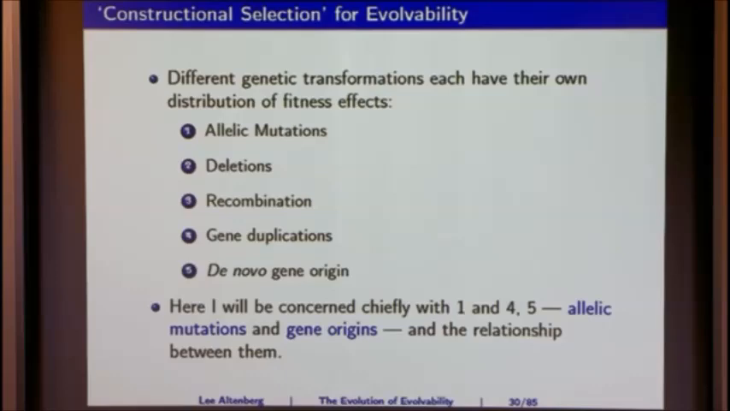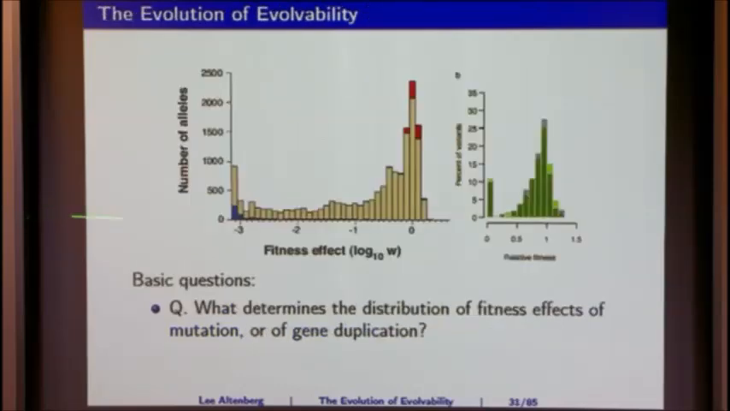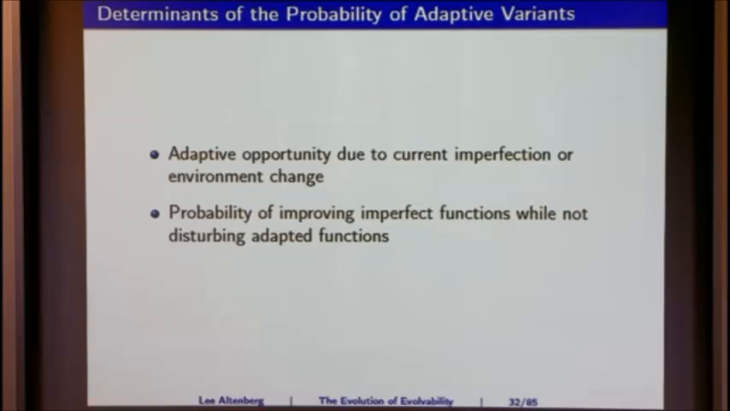So, different genetic transformations each have their own distribution of fitness effects. You know, for each particular allele, a gene, there's allelic mutations, deletions, recombination, gene duplications, de novo gene origin, etc. So here I'm going to be concerned chiefly with 1, allelic mutations, and 4 and 5, gene origins, and the relationship between them. So let's go back to this distribution again. What determines the distribution of fitness effects of mutation or of gene duplication? Well, adaptive opportunity due to current imperfection or environmental change, and then probability of improving these imperfect functions while not